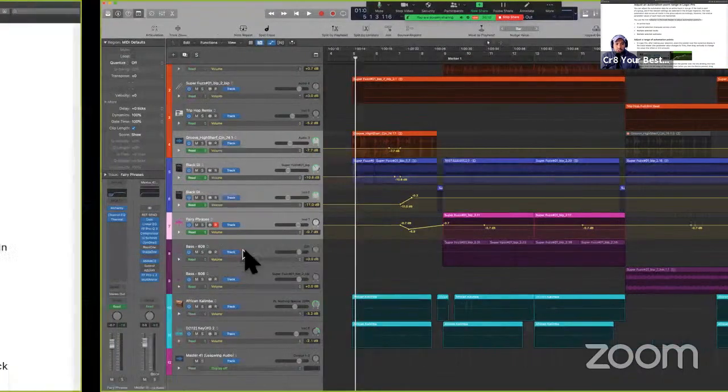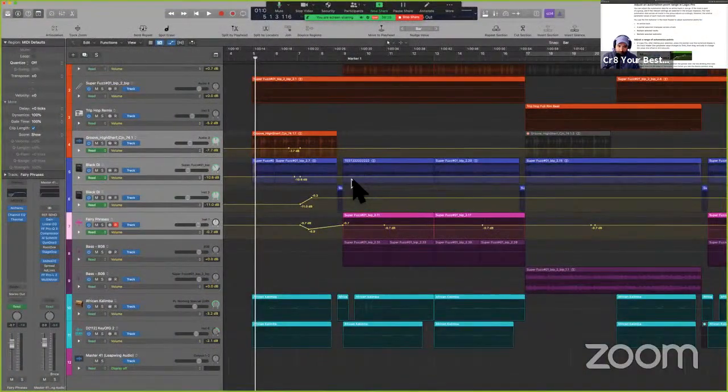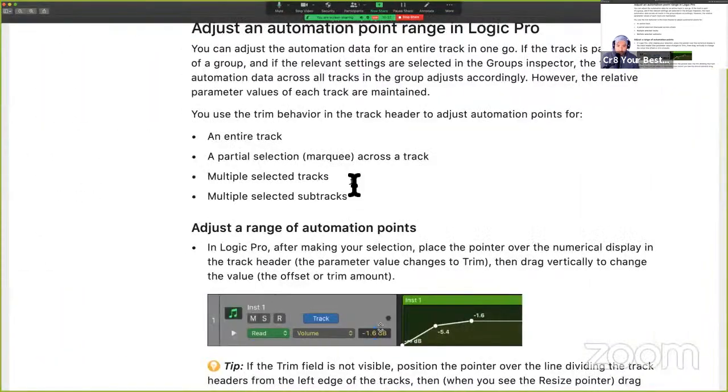So they should have said that, right? Hey, you can trim the behavior if you have automation points, right? I don't know, it's like a weird relationship with the program and the language, and it almost feels like somebody else wrote this that did not engineer the program. And so it'd be nice to have a marriage between both of these. So yeah, we know that we can trim the behavior of multiple selected tracks if the automation points are active,